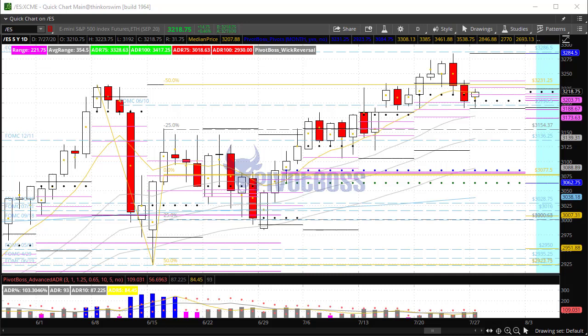Here's a look at the ES in the daily time frame. One thing you'll notice here is that price remains in an uptrending market at the moment. The bullish PIMA trigger zone has continued to trend higher, and you'll also see that right here this is resistance